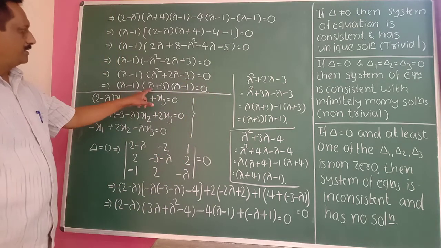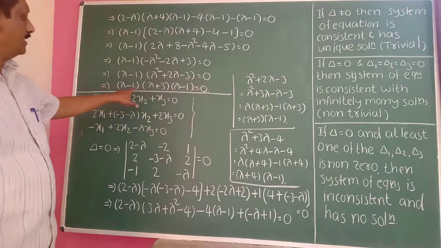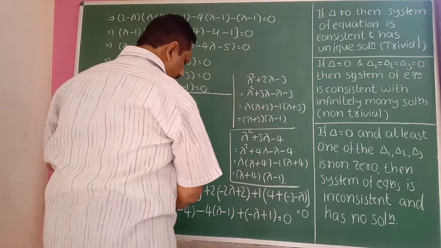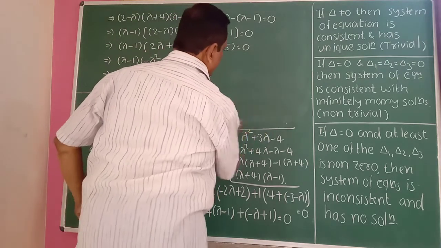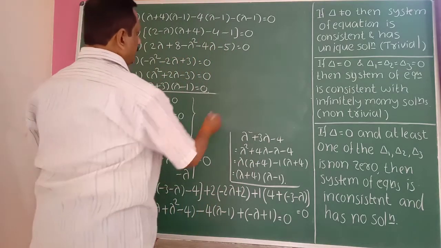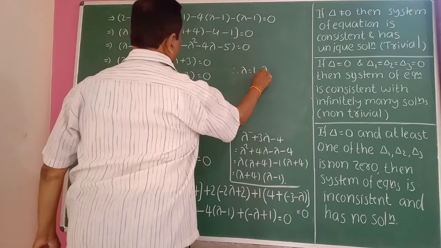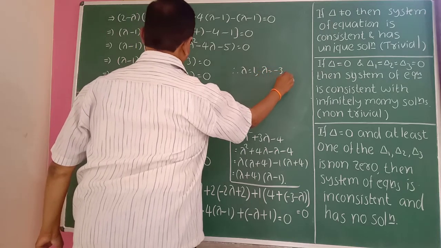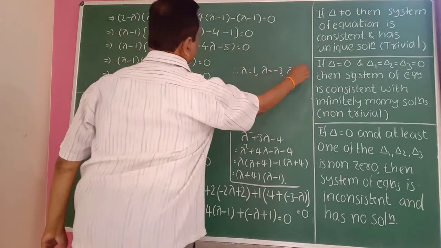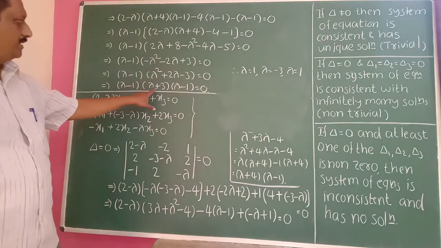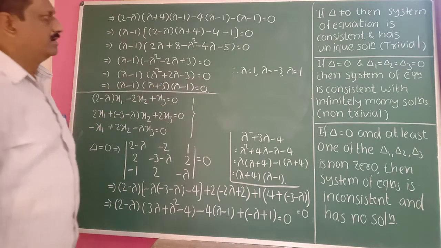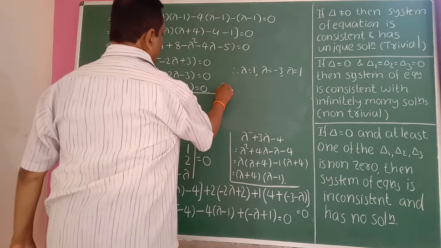So the product of these three terms is 0, which means lambda is equal to 1, lambda is minus 3, and lambda is equal to 1 here. Lambda values are 1, minus 3, and plus 1. Therefore, the required set here,